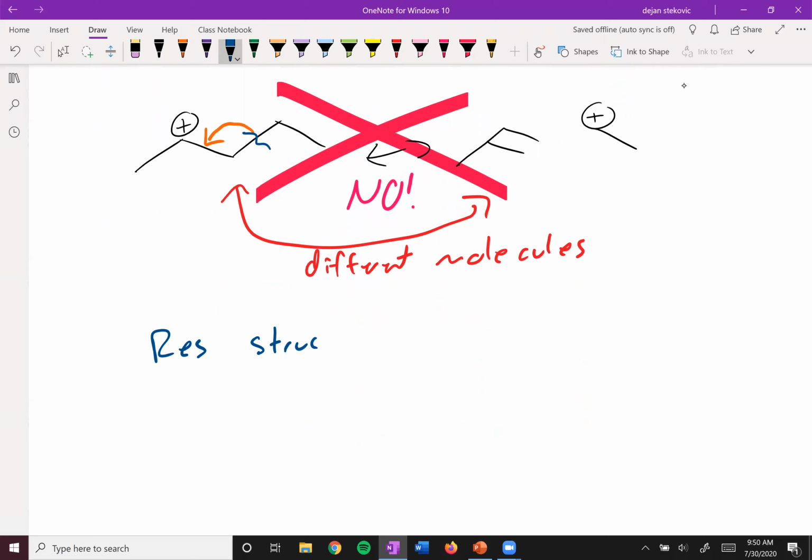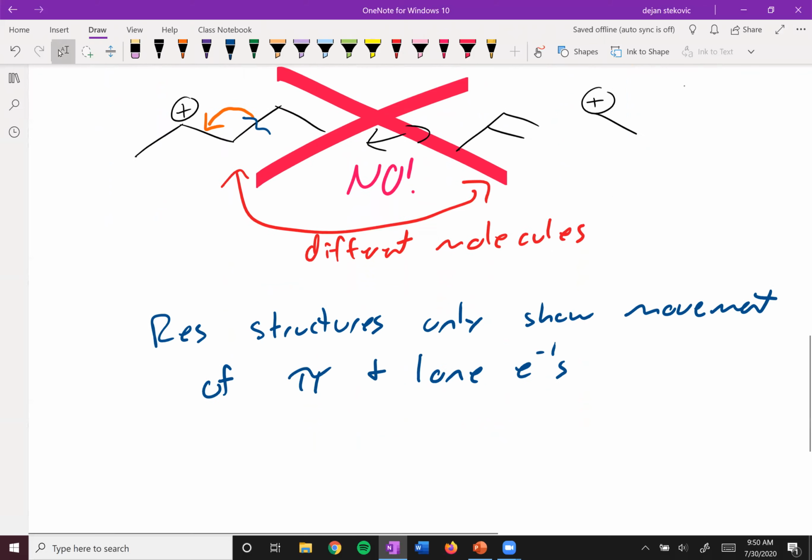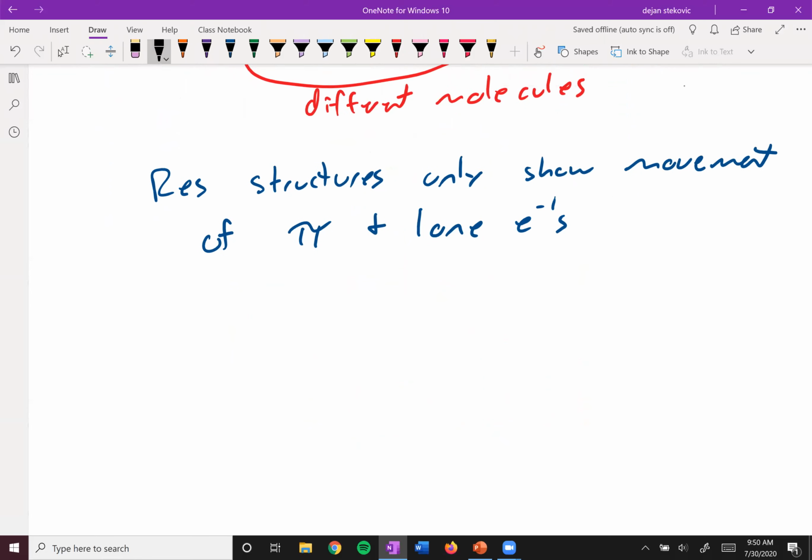Resonance structures only show movement of pi and lone electrons, right? Pi and lone electrons only. So for example, in our acetate